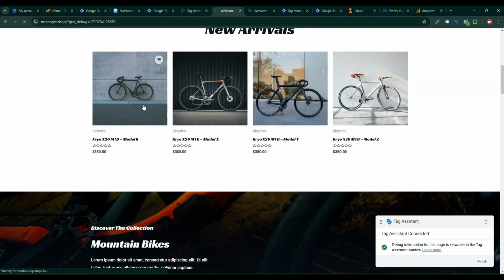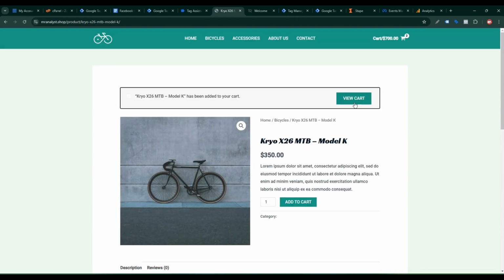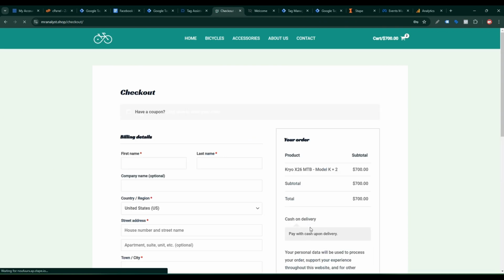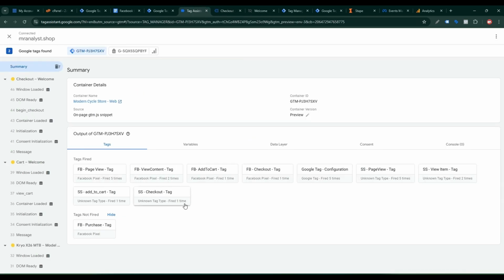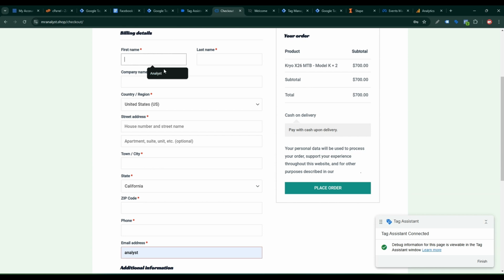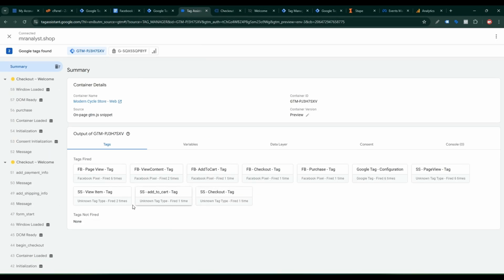Then click any product, then click add to cart, then click view cart, then click proceed to checkout. If you see that our all tag already fired, our FB purchase tag has not fired, because we have not purchased any product. So I want to purchase. If you see that our FB purchase tag fired, now I will